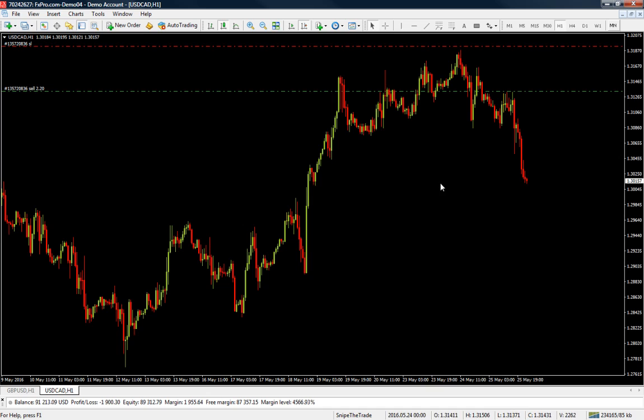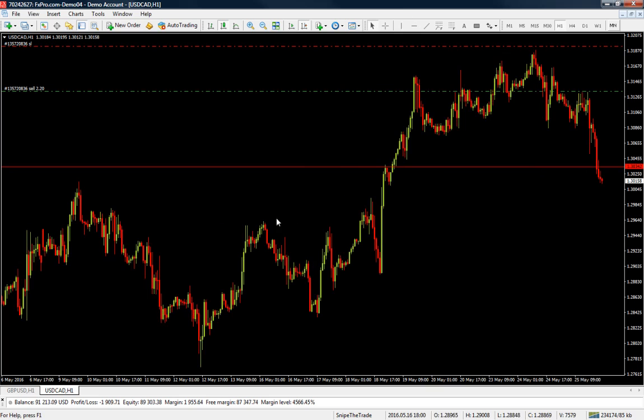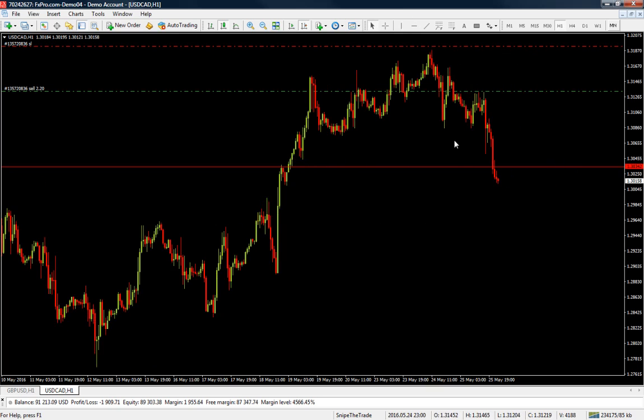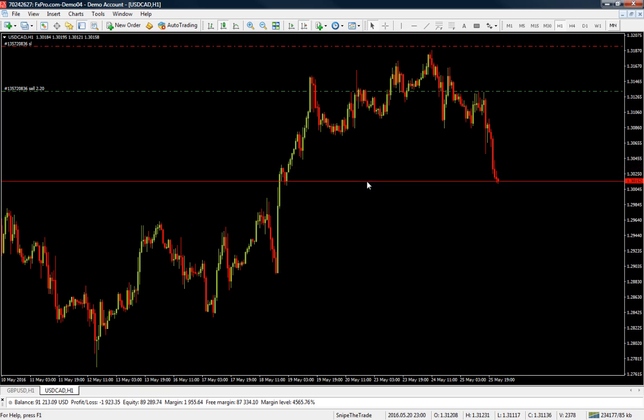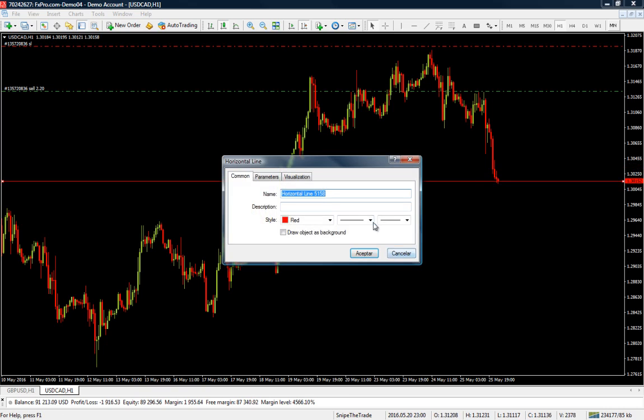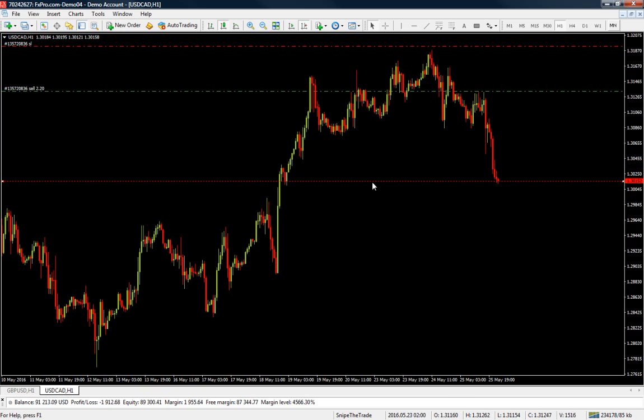Now, I'm going to show you what the real targets were on this trade, and we were actually aiming for this previously tested area of resistance. Okay, now this was going to give us, actually was this area right here, which we just hit. So nevertheless, our trade would have been closed, but because of how strong the move to the downside was, we